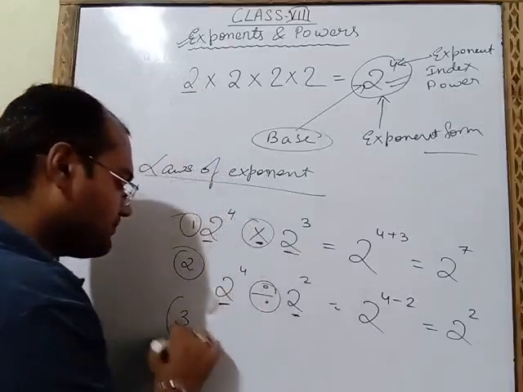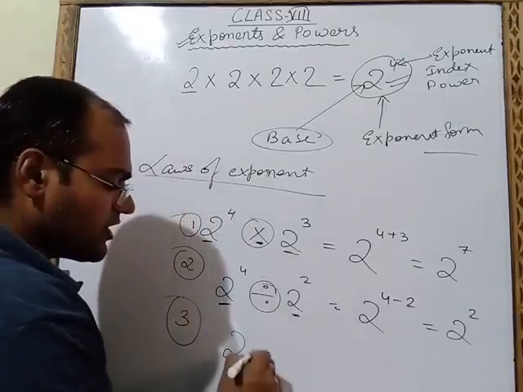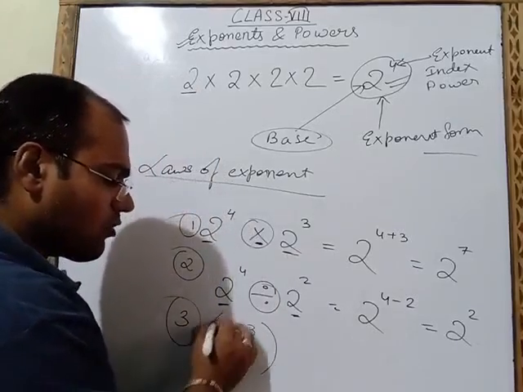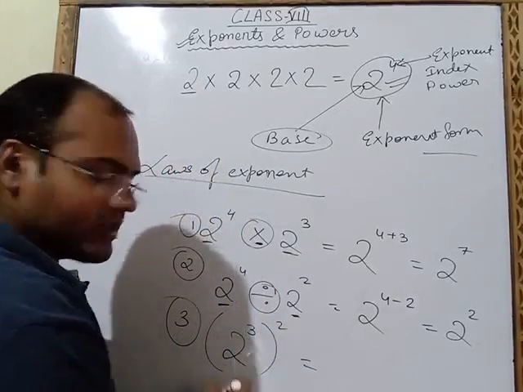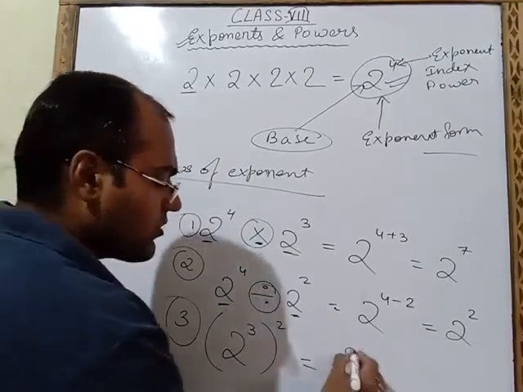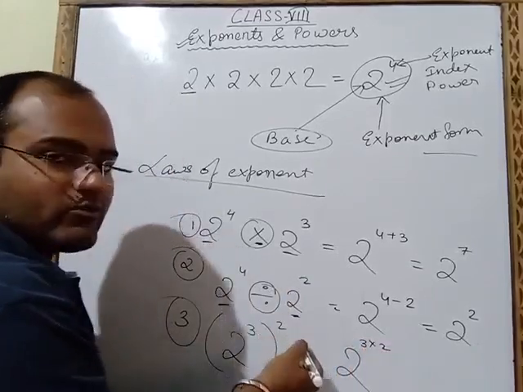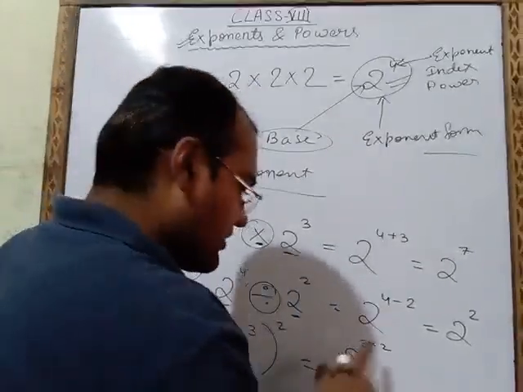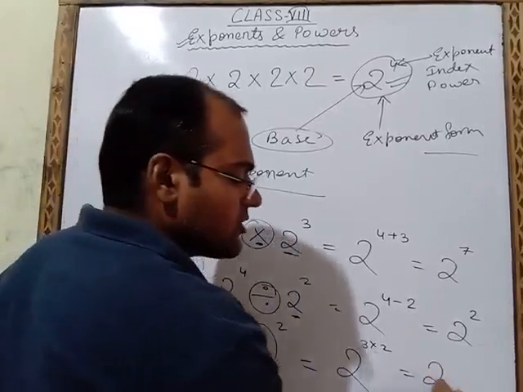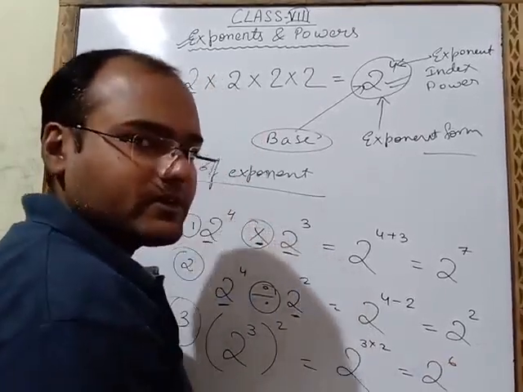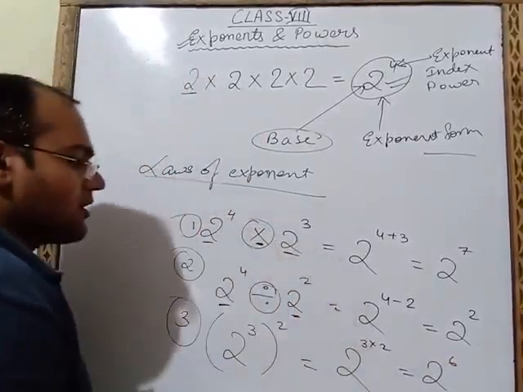Now the third law. If 2 raised to the power 3 is written and after that a whole power is also written, then in such a case you have to write like this: 2 raised to the power 3 multiply 2. Inside power and outside power we have to multiply with each other. 2 raised to the power 3 into 2, so this will become 2 raised to the power 6. Fourth law,